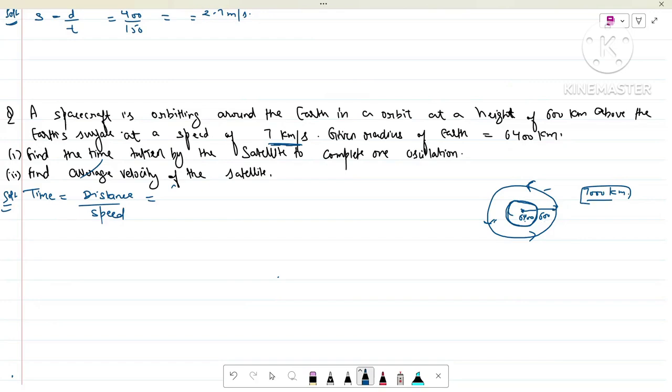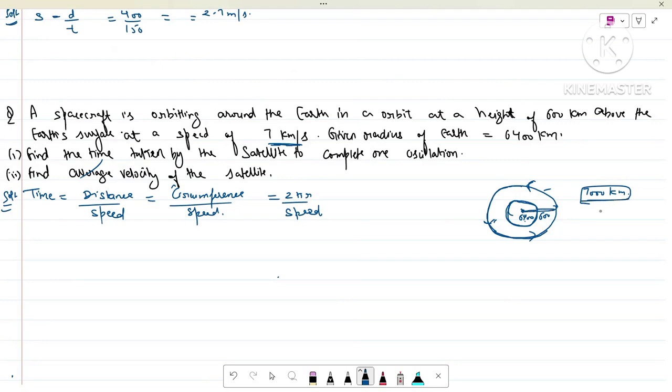When the spacecraft is orbiting in a circular path, distance is given by the circumference of the circular path. So time will be the circumference of the circular path divided by the speed. Now what is the circumference? Circumference is given as 2 pi r, where r is the radius of the circular path. Now when the spacecraft is orbiting in this orbit, its radius will be 6400 plus 600,